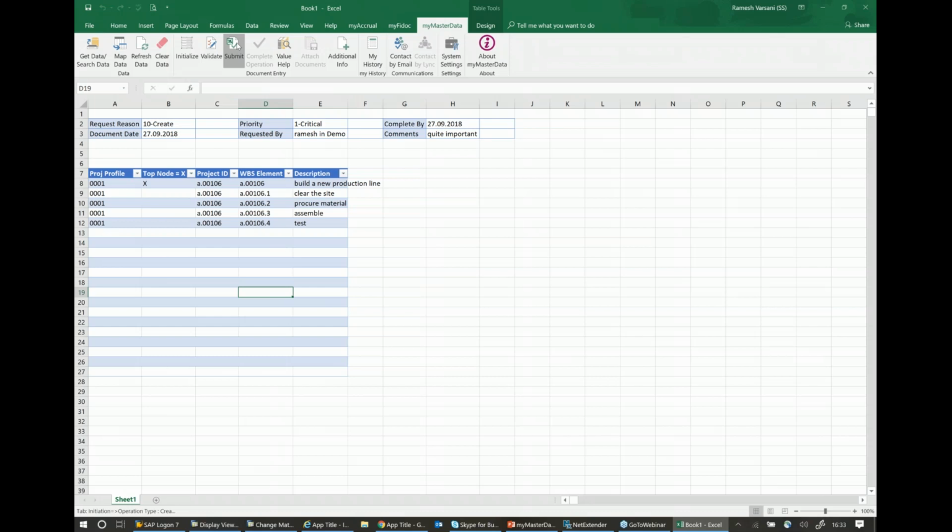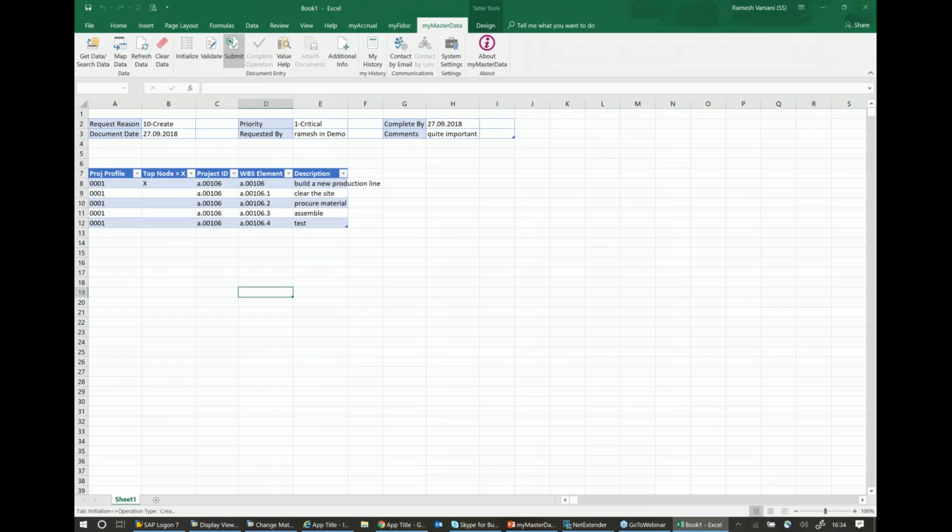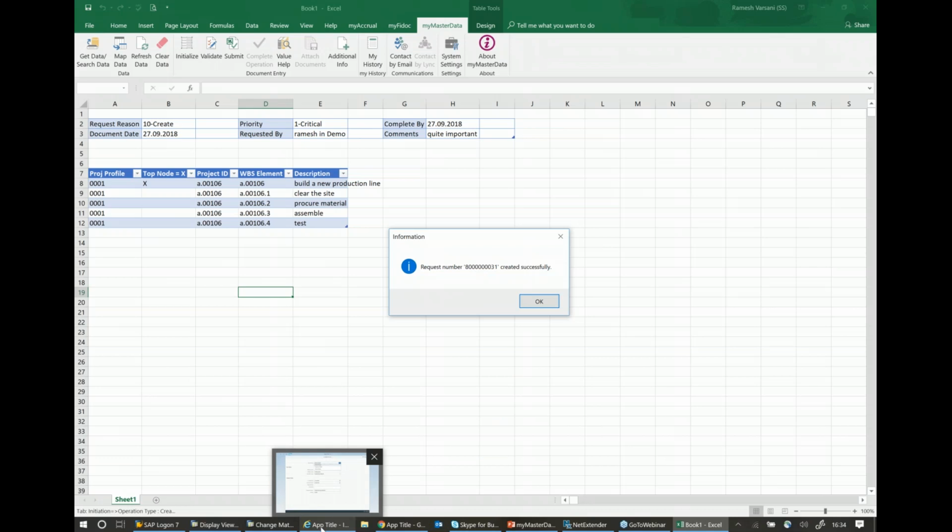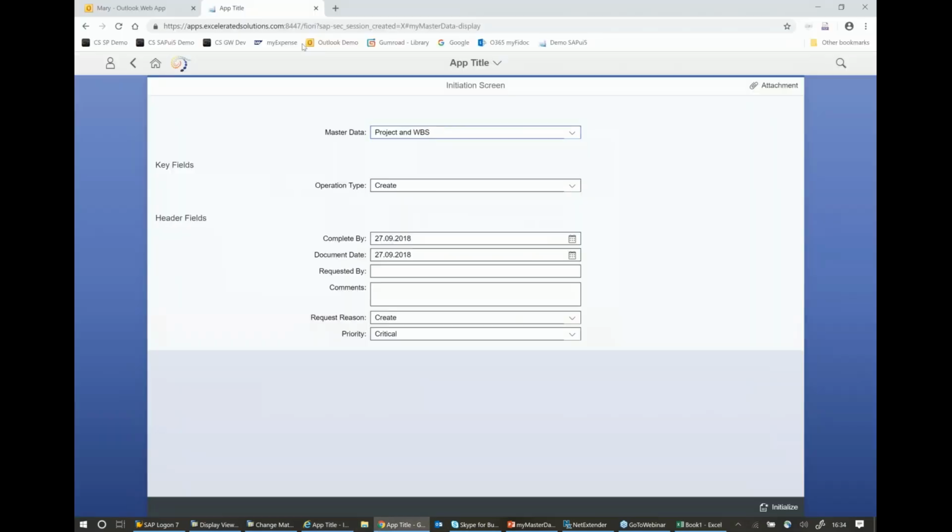If I now submit this, I've initiated the workflow. It says request number 8, lots of zeros, and 31 started, been successfully created. So now if I was Mary and I was wandering around somewhere, what Mary would have got is an email. So if I go to Mary's Outlook,